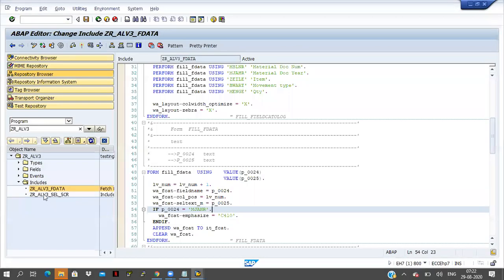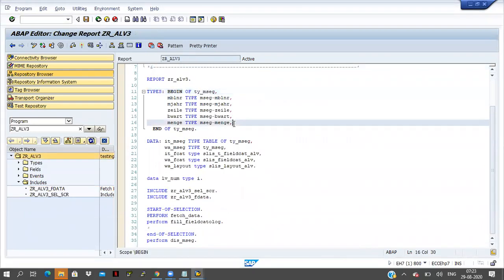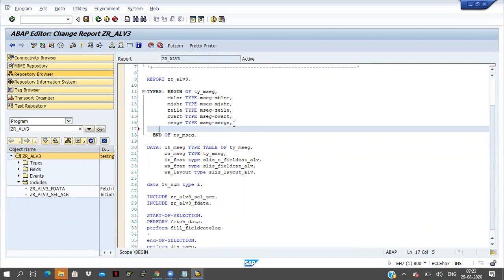If you want to do it like this, in the internal table you have to take one more extra column for customizing color.